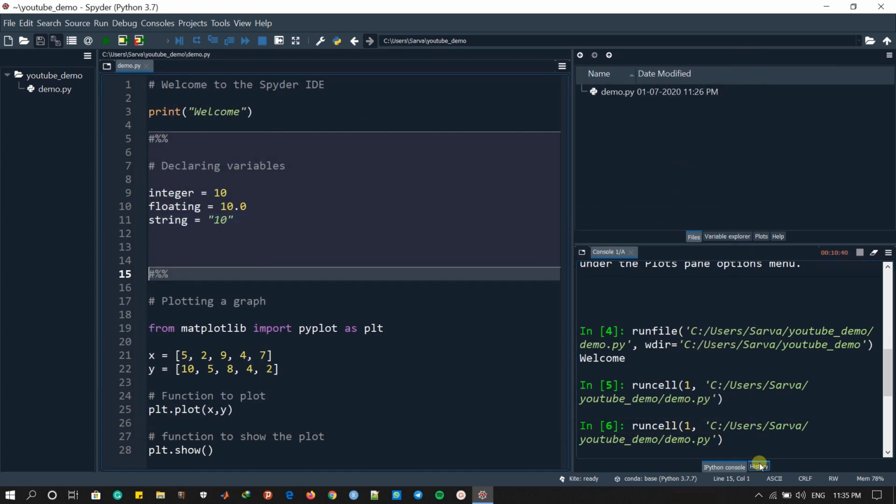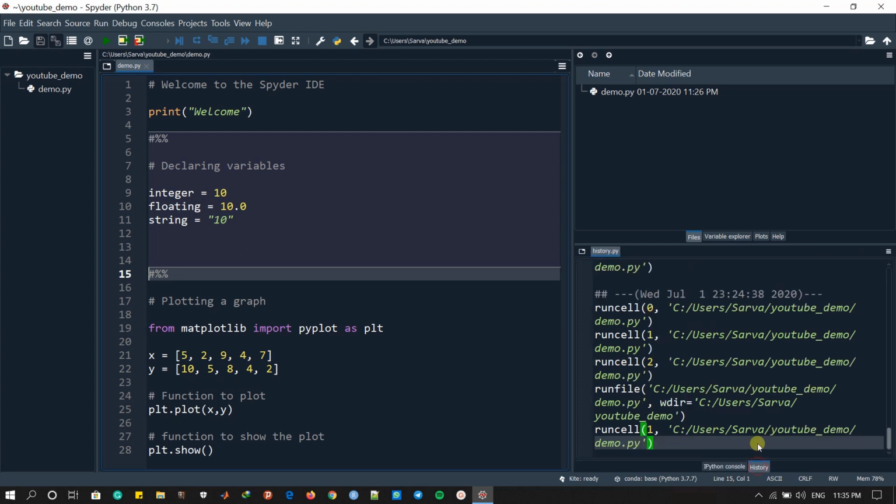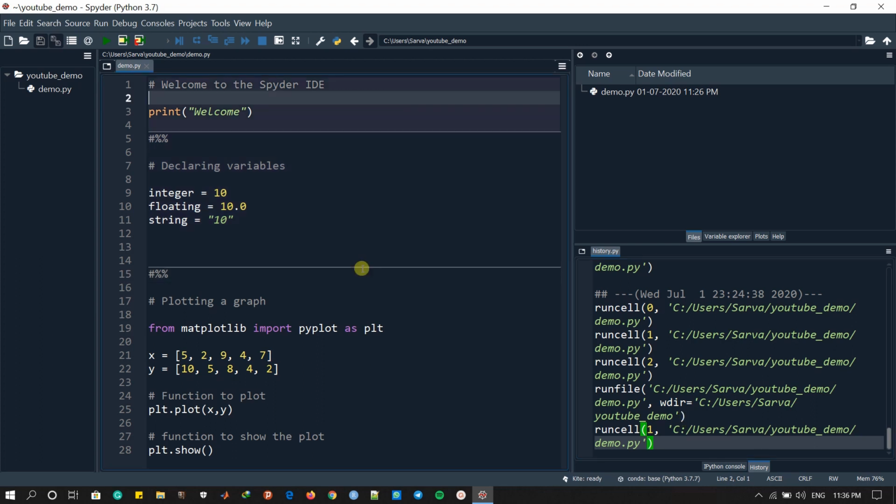Now to go to the history option, you just have to click on here, and you can see that it keeps track of all this code that you are running, including the timestamp also. So this is just a fantastic option. If you want to revert back to any of the things that you want to run from the past, then you can just go here and search it, and then you'll get your code. So this was pretty much all about the basic tools that you're gonna need.